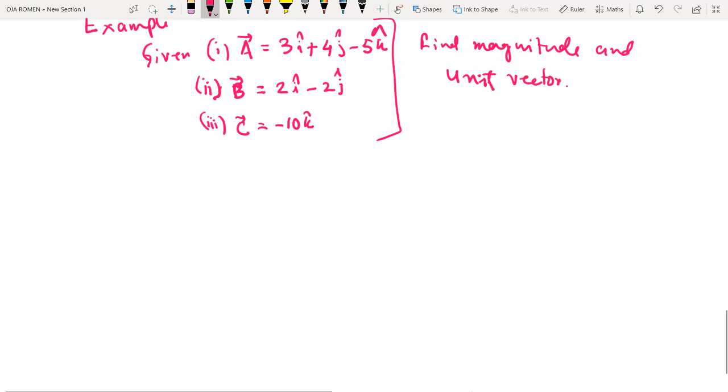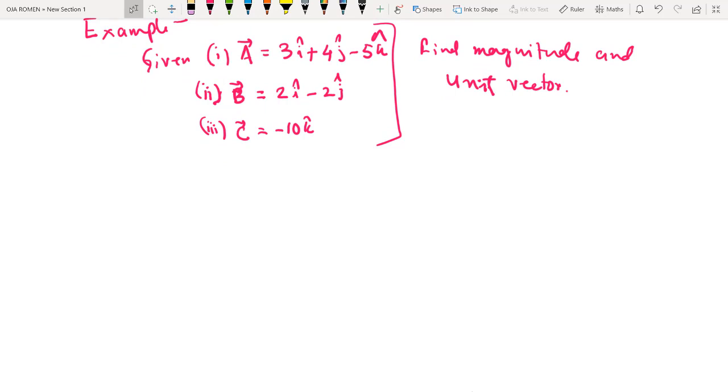Now we know that A is in three-dimensional space x, y, z, and B is in the x, y plane, and C is, what is the direction of C? C is along the negative z axis. So number 1, A equal to 3I plus 4J